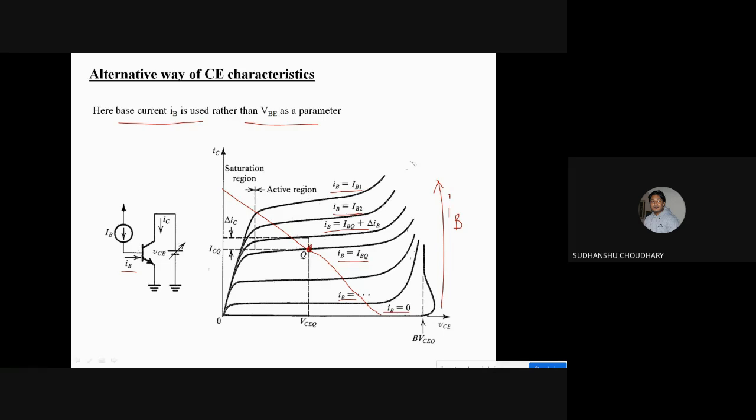Now this bias point or operating point or Q point, we had commented that the biasing is done to set the collector current at a particular collector to emitter voltage. In MOSFET, we had said that the operating point is for setting the drain current at a particular drain to source voltage. So here it is collector current at a particular collector to emitter voltage, right?